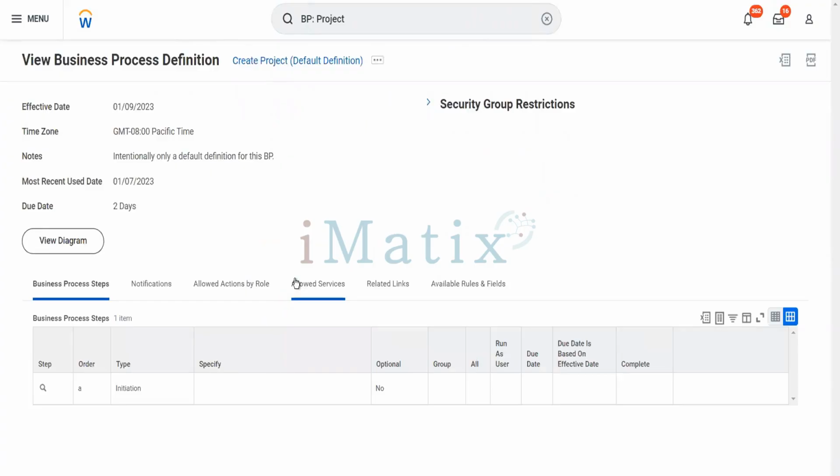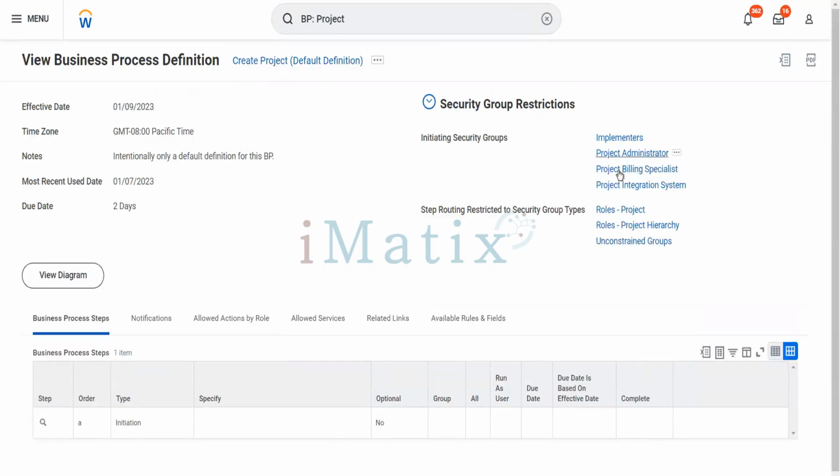Here we just have one step. It's a default definition. And if you look at the initiating security groups here, these are the people who can do this. They can only create this. That's right. Initiating security groups, only these people. Now, if you look at the security policy,